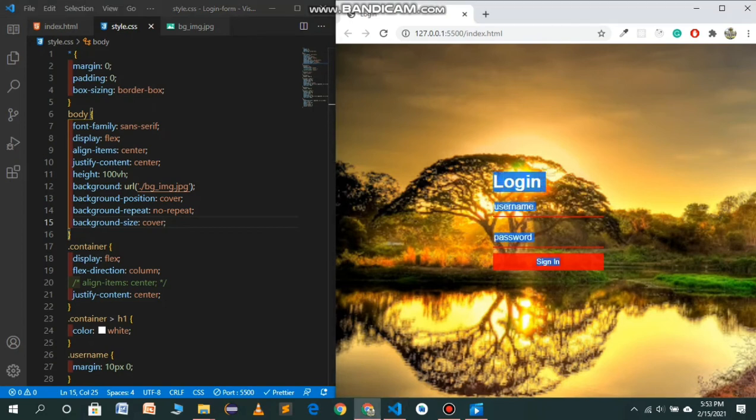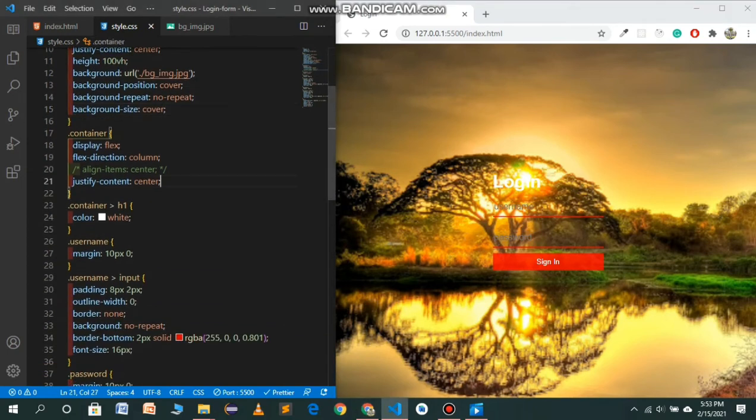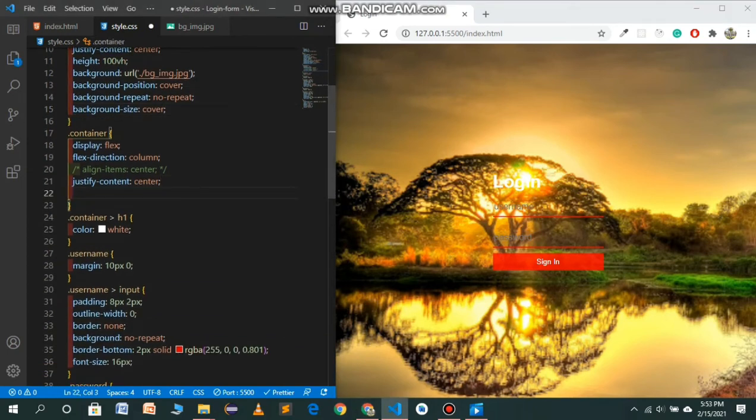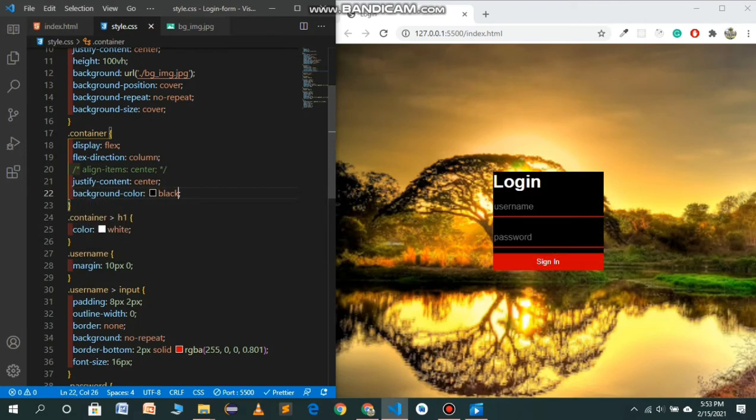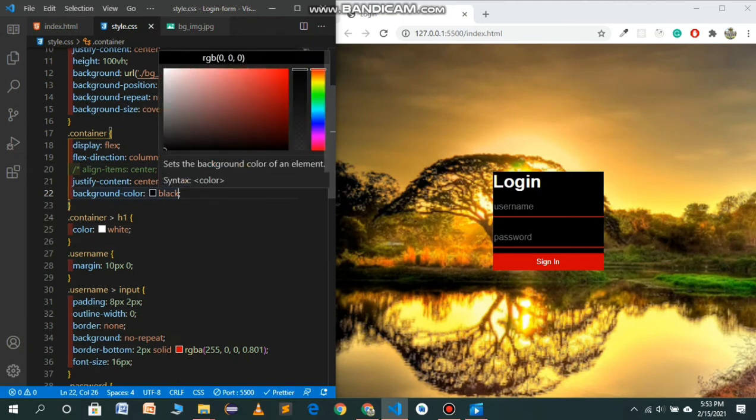For this we have to use a background for our container. Background color will be black. It's looking nice. We have just to reduce its opacity, maybe 0.7. Let's see how it will look.